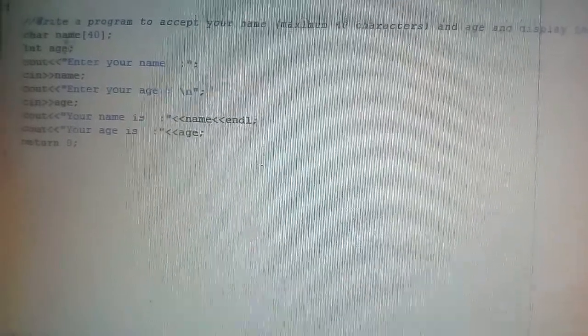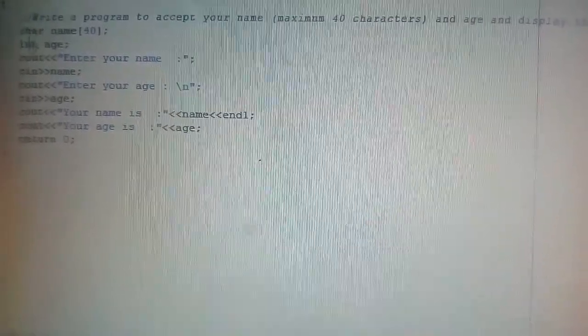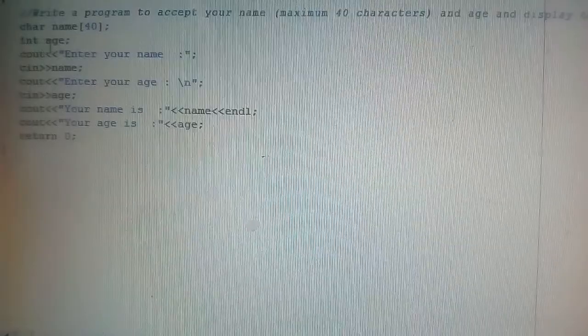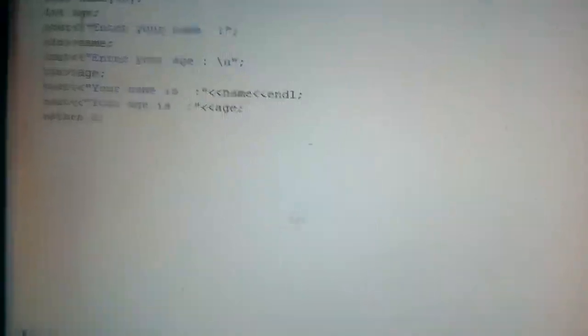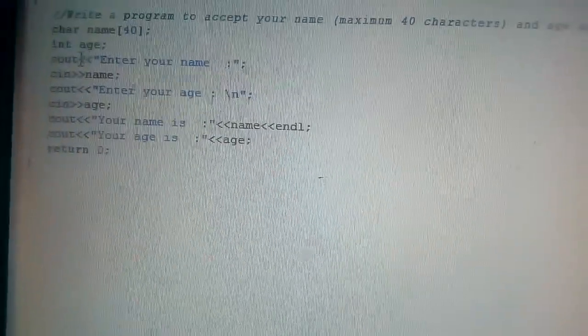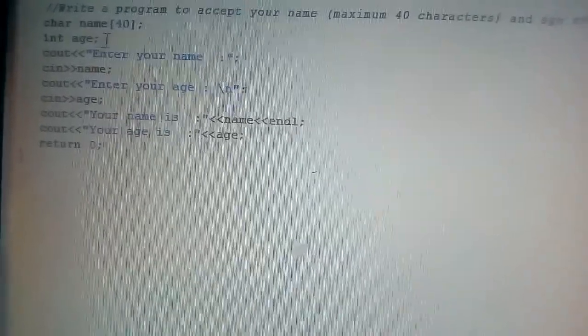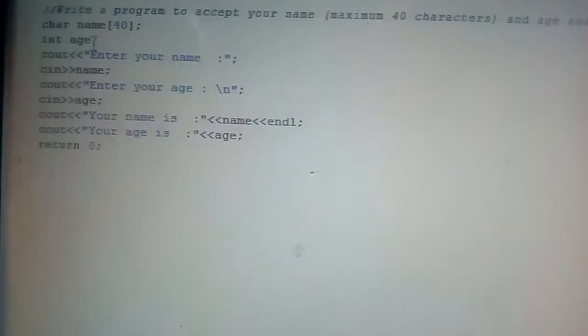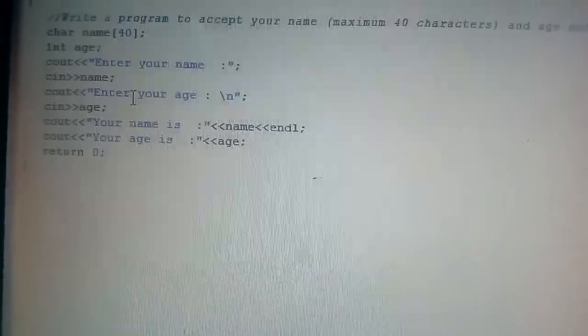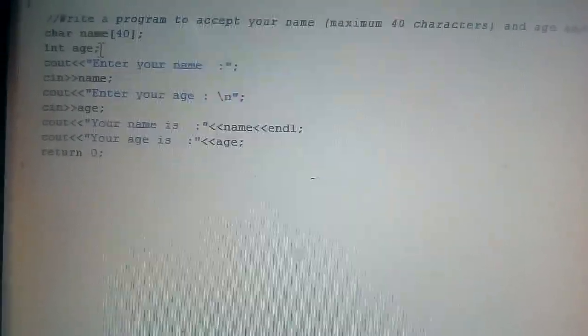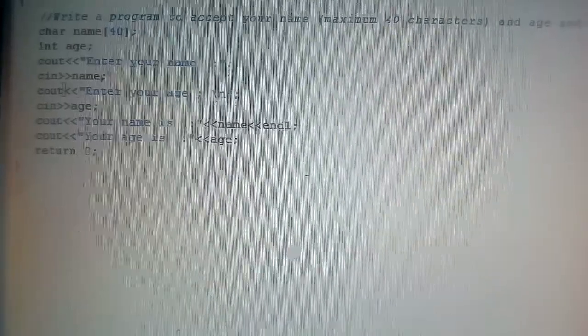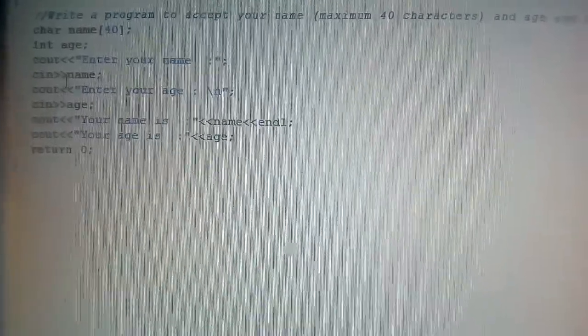Name and age are the variables. Name is a character type variable, age is an integer, that is a numeric variable. So int age and then semicolon. Semicolon you have to write. This is very compulsory, very important, because this is the terminator. If you do not write this semicolon, then the program will show you an error.